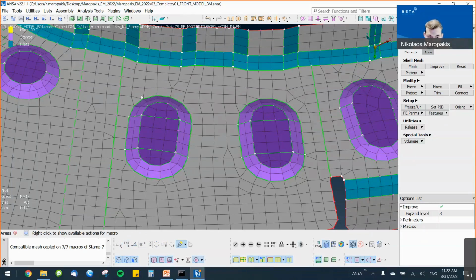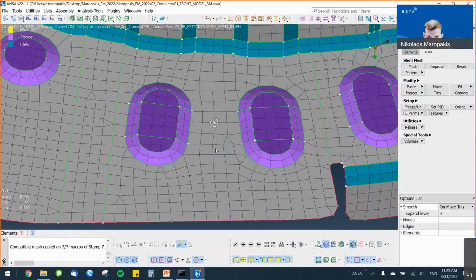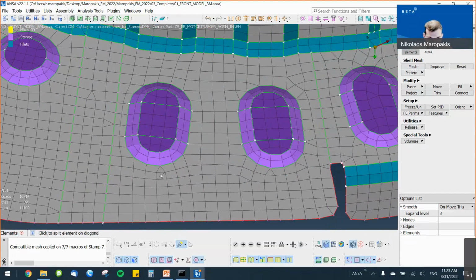Now I will end up by fixing this area here. I will try to remove as many triangles as possible, fix the flow and the quality of this mesh here, and have as many quads as I can. I will start by removing this triangle, moving it to the edge. Here I can eliminate some opposing trias like this one or this one. These trias, I'm gonna move them to the edge to be gone from my model.